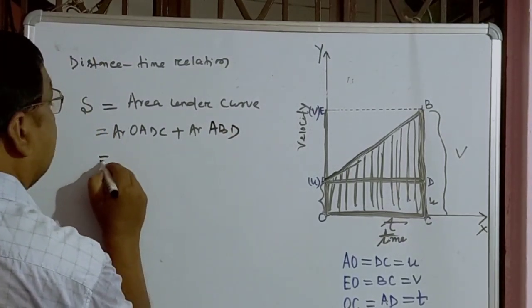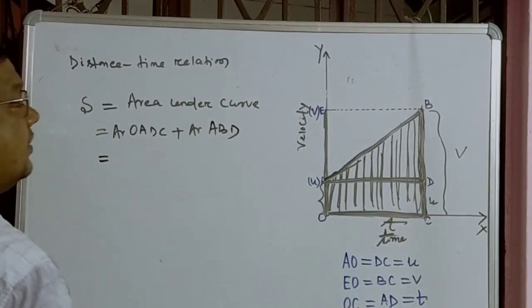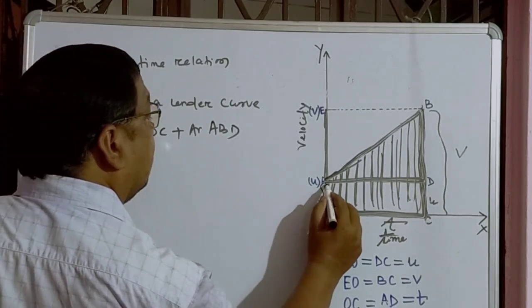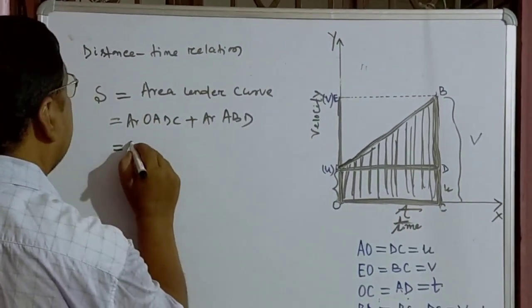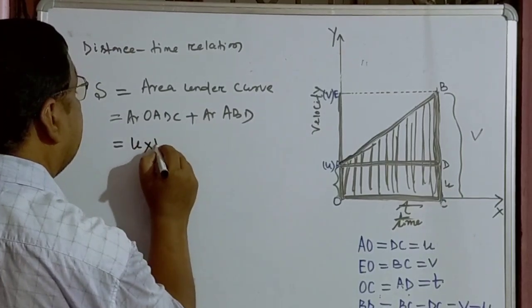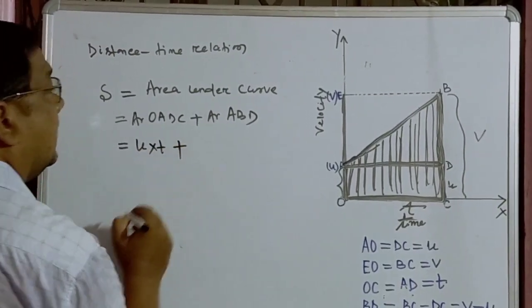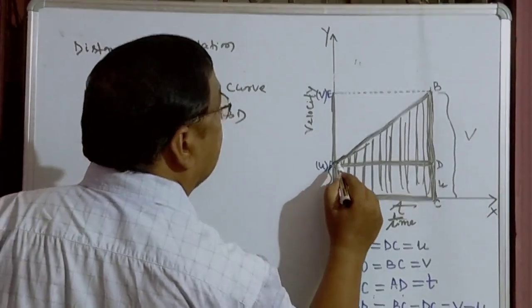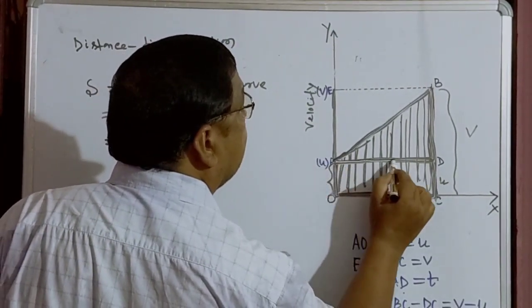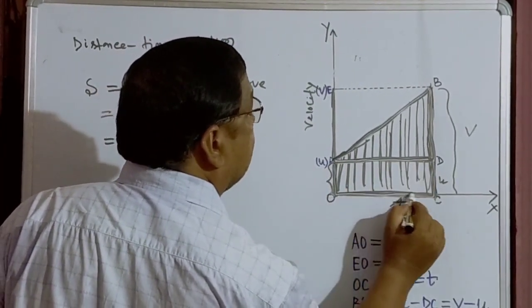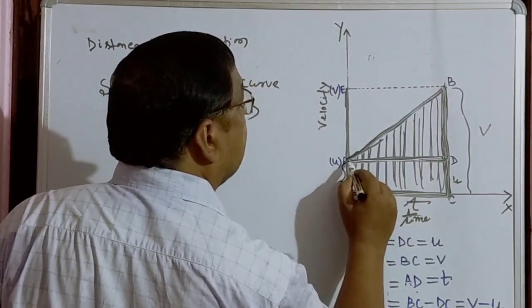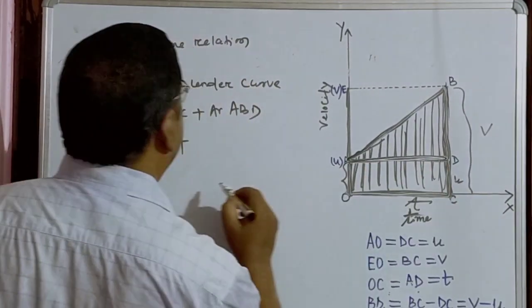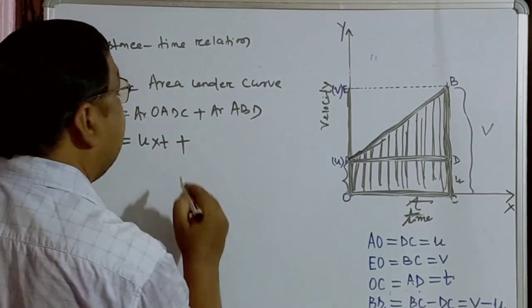That is equal to, what is the area of rectangle? Length into breadth. So here breadth is u, length is t. U into t plus, what is the area of triangle? Half base into height. What is the base here? Base here is t, because OC is equal to AD. OC is t, so AD is also t. So in place of AD we can write t,